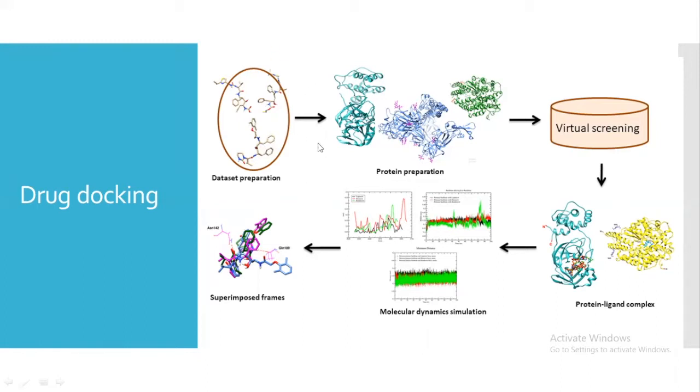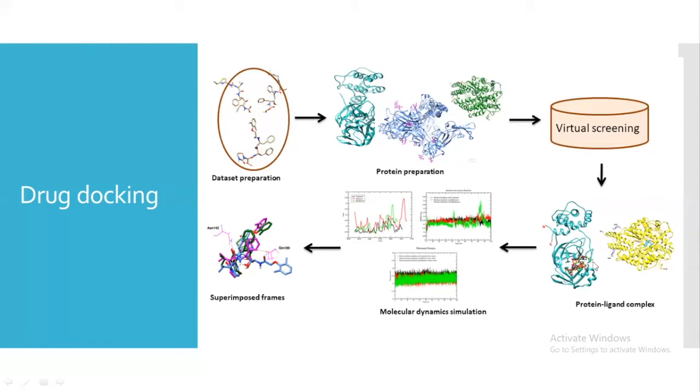Once we screen all these compounds against this particular target protein, based on the best docking score and the lowest minimum binding free energy, the best 10 or 15 compounds will be selected and taken forward for induced fit docking studies. In induced fit docking, because we cannot screen millions of compounds, and it also requires higher computational power, we go for 10 or 15 compounds and dock them against the target protein one by one.